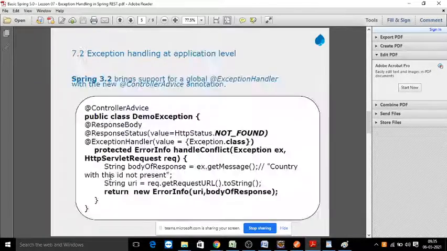But in application level exception handling, we write a new class. The class name can be anything, and you write @ControllerAdvice, which is an annotation. Here also the same process: @ResponseBody, @ResponseStatus, @ExceptionHandler. You will give the exception name. The method name can be anything, and here to display your error message in a proper way, we write one